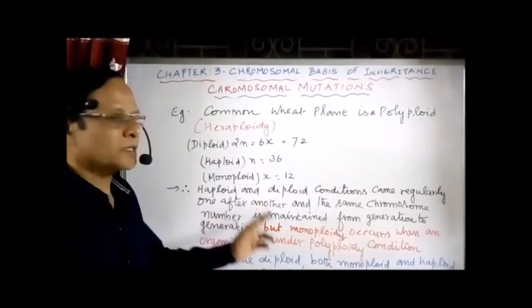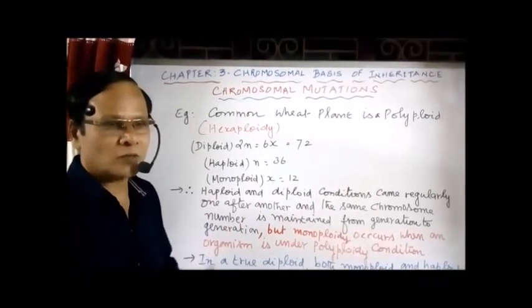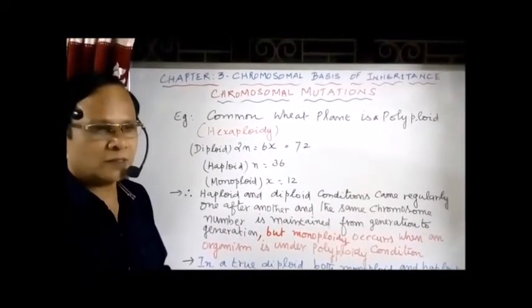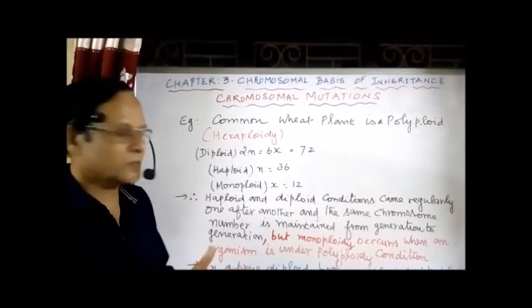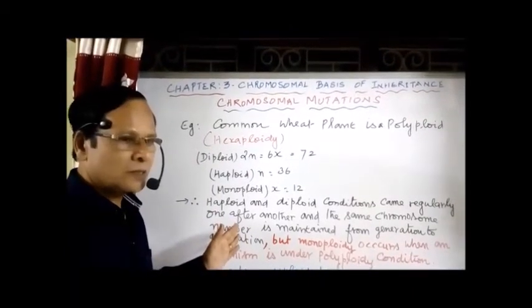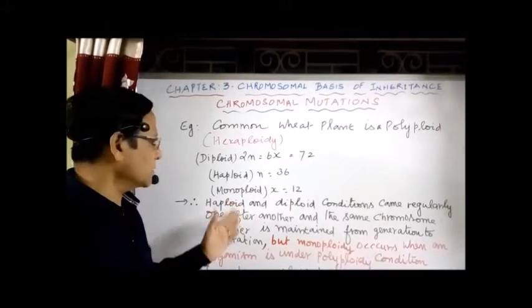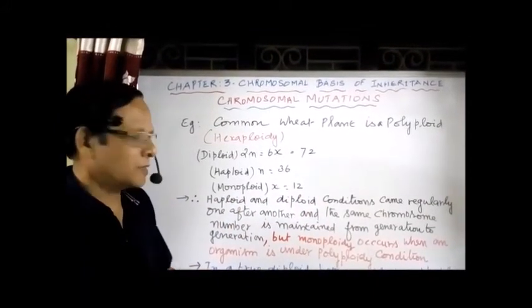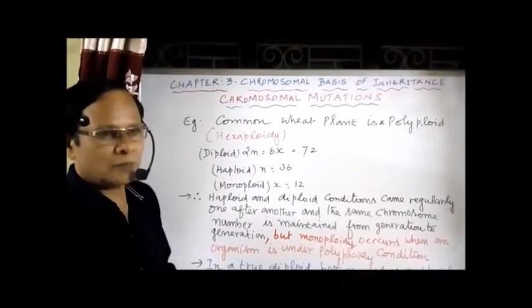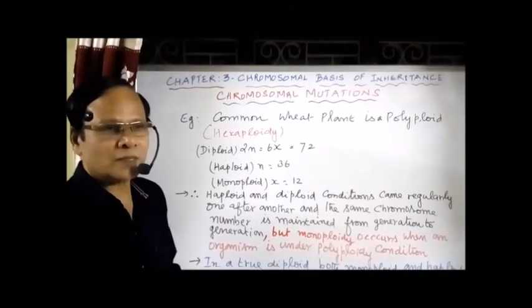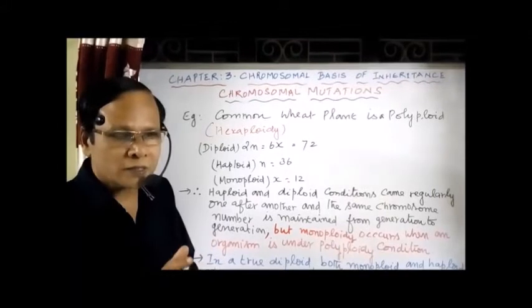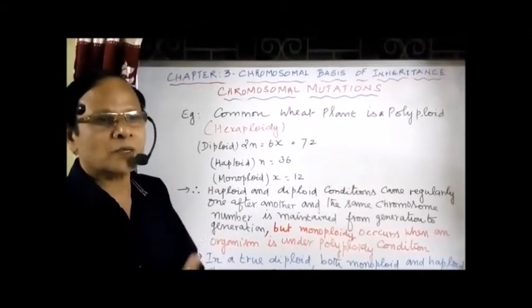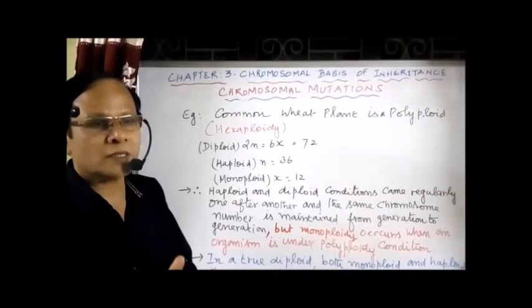See that from generation to generation, either in the body cells or in the gametic cells, the same chromosome number is maintained, just in the body cells as well as in the gametes. So the same chromosome number is maintained from generation to generation. Okay, so that comes regularly. But the monoploid condition occurs only when an organism is under